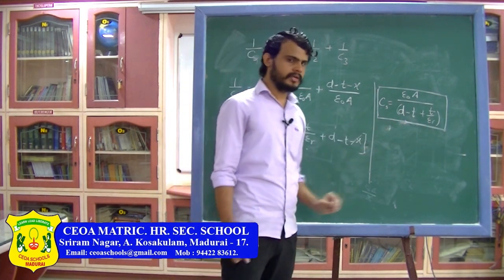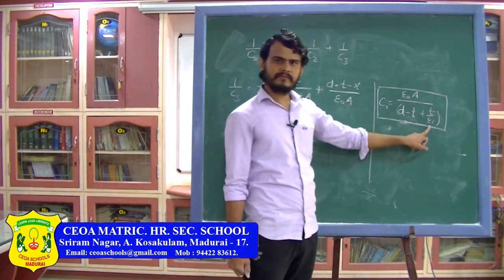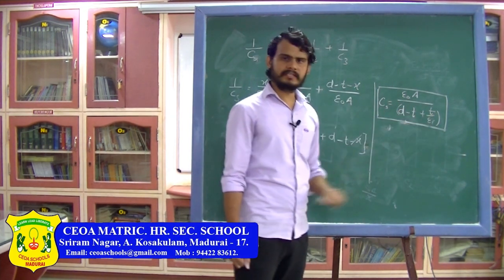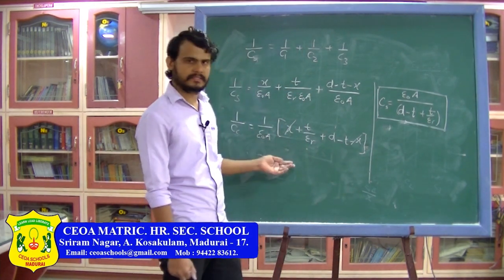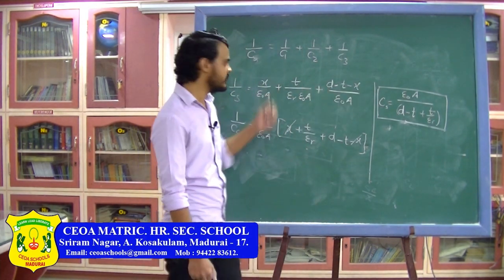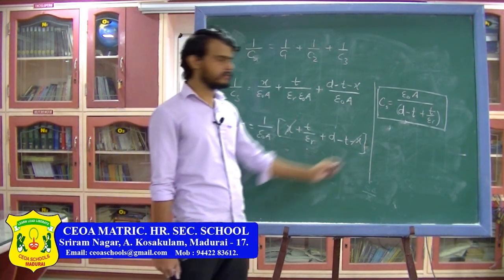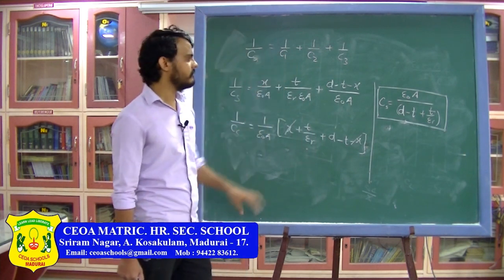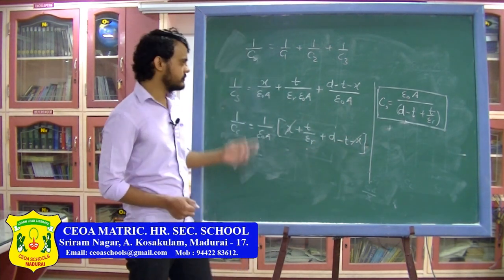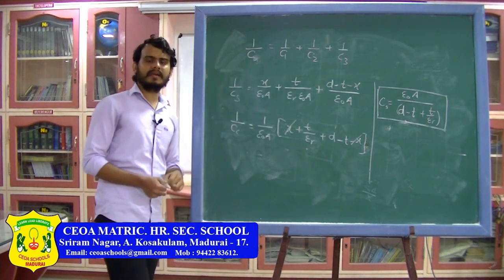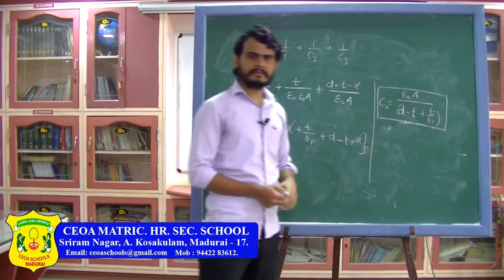One more thing which you can note here is the capacitance only depends on the medium of the dielectric slab and the thickness of the slab. It does not depend on the distance of the slab from the plates. So it does not depend on x, where we have assumed x is the distance of the dielectric slab from one of the plates. So this is the formula for equivalent capacitance for a capacitor whose gap between the plates is not completely filled, it is only filled up to a thickness of T.